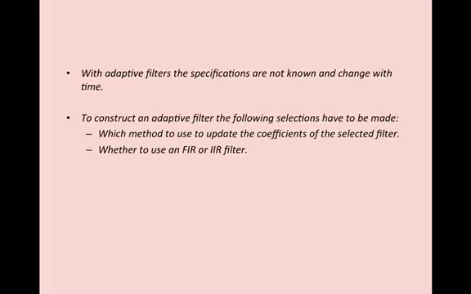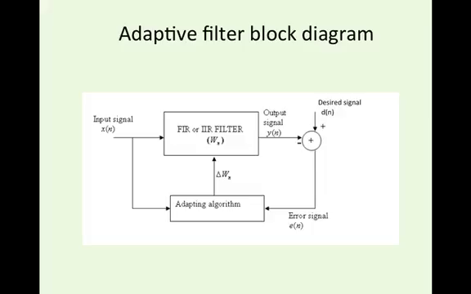So, to construct an adaptive filter, the following selections have to be made: which method to use to update the coefficients of the selected filter, and whether we are to use a finite impulse response or an infinite impulse response filter, that is, FIR or IIR filters. So here is the basic block diagram of an adaptive filter. So we give the input